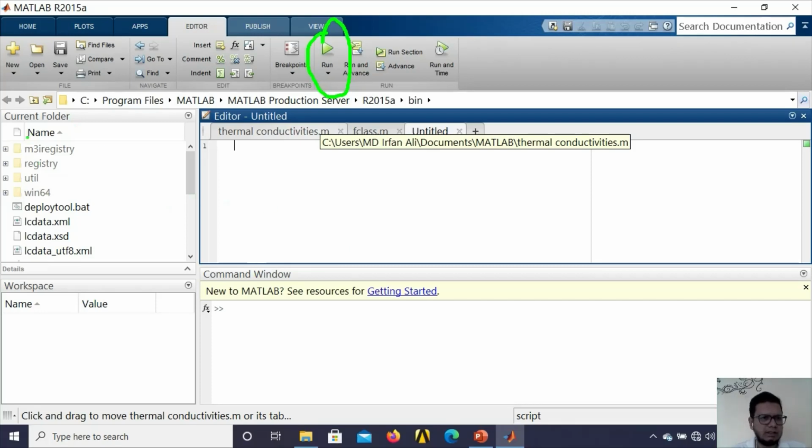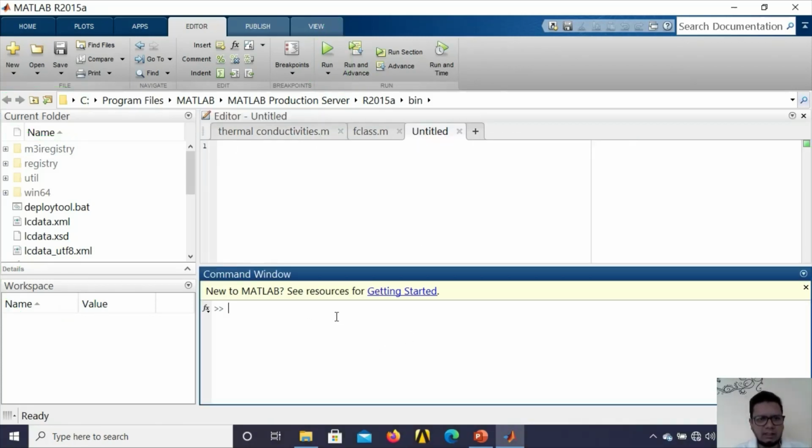You also have a current folder, where you can see where your program is saved, and then your workspace window, in which you will see the variables you used in your program. So this is the basic user interface of MATLAB.